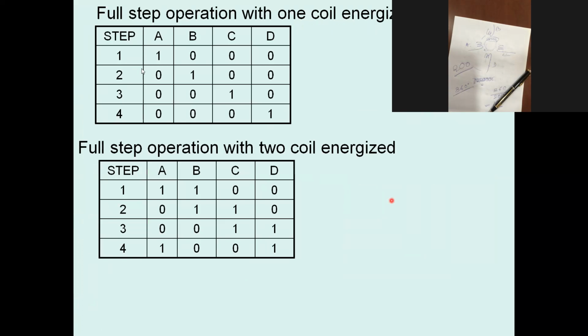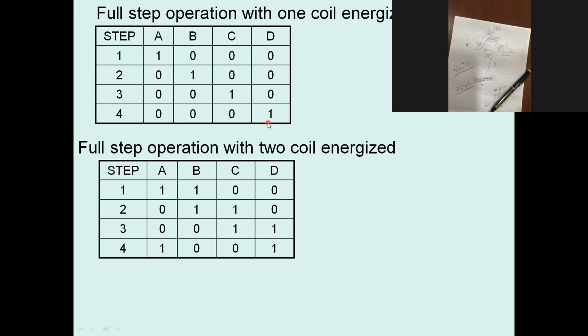First, A will be magnet, means I am giving 1 to A. Then B will be 1, then C will be 1, then D will be 1. Is it clear or not? Yes, sir. So as a result, A first magnet, then B magnet, then C will be magnet, then D will be magnet.